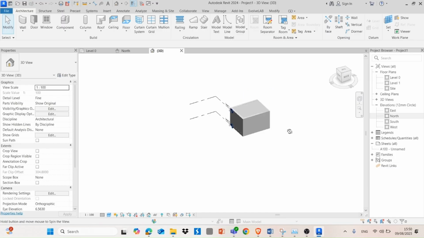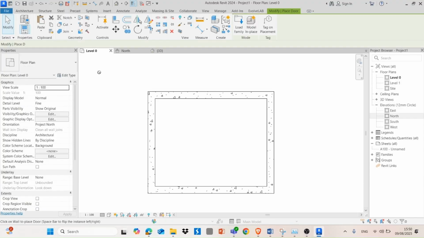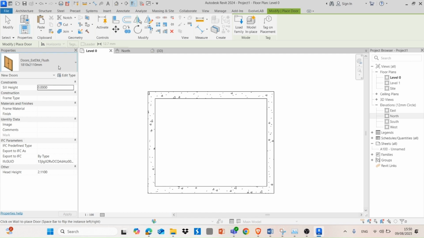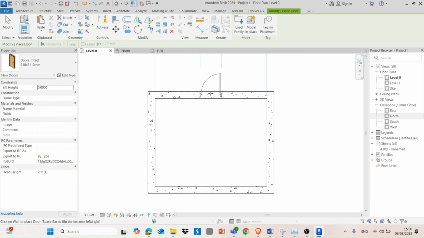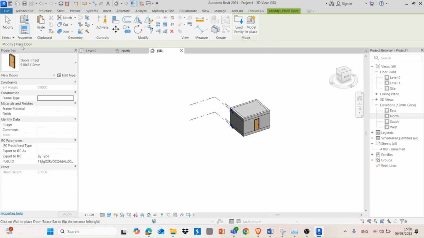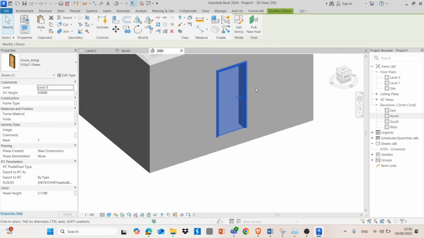This is a very basic room that we have created. We could just put a door to this room, for example. We could put whatever door that we want. Also, we can load some doors. We will do this in the next videos. For example, here I just put a door, and you can see it in the 3D. Okay, if you want this door,